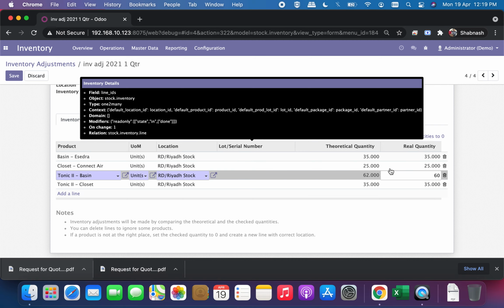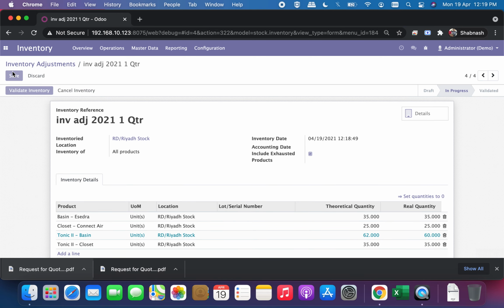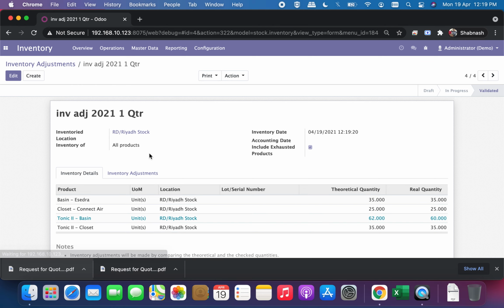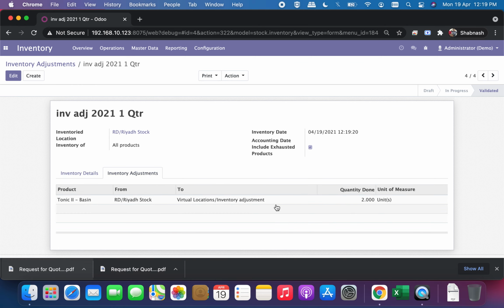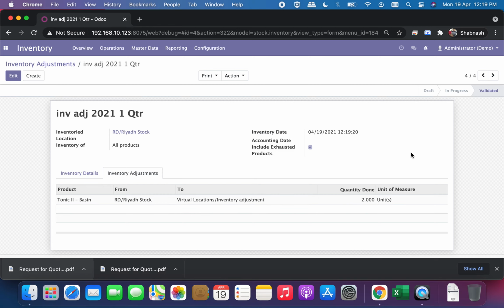So I'm saying that I have 60 units in basin's stock. That means you have a loss of 2 products. The system keeps track of those inventory adjustments, showing those 2 products missing from the inventory adjustment of Riyadh stock, and all that information will be there.